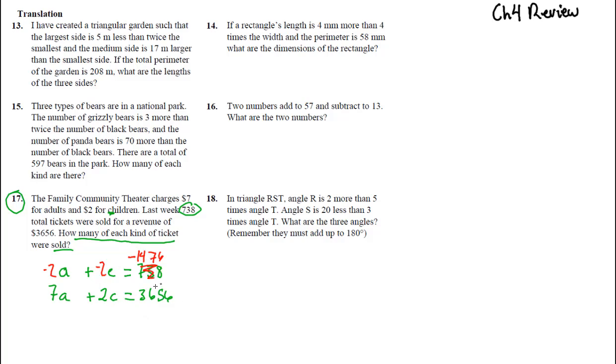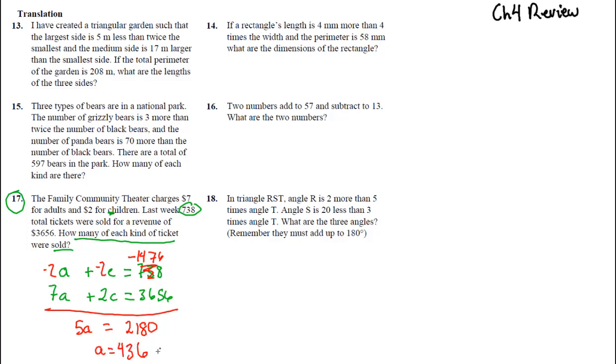So now when we add them, that's 5A equals, what's 3656 subtract 1476? It's 2180. Divide that by 5, and we get that A,